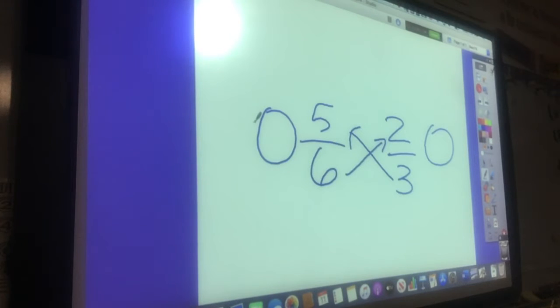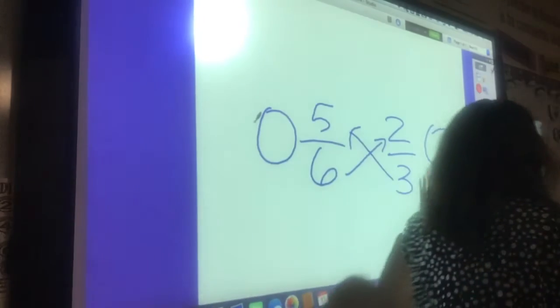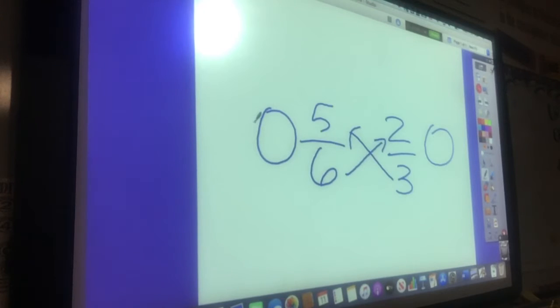Okay, so which one would be bigger? Sophia? Sophie, sorry. 5/6 is bigger, right, 'cause this is 15 and 12. 15 and 12. Okay, also, sometimes you're gonna have kind of big numbers that you're like, oh my gosh, I